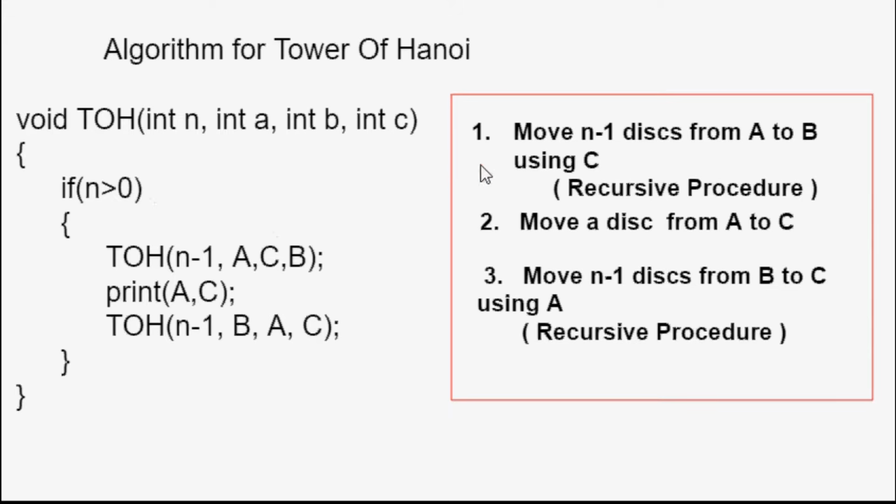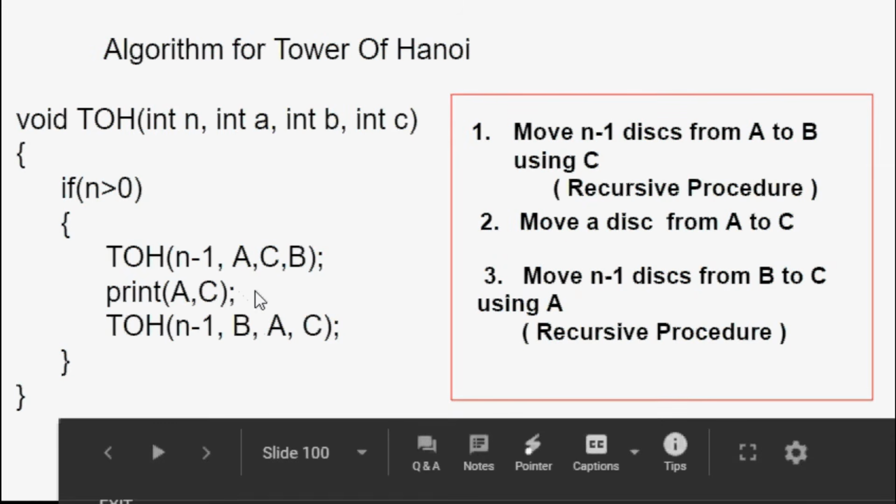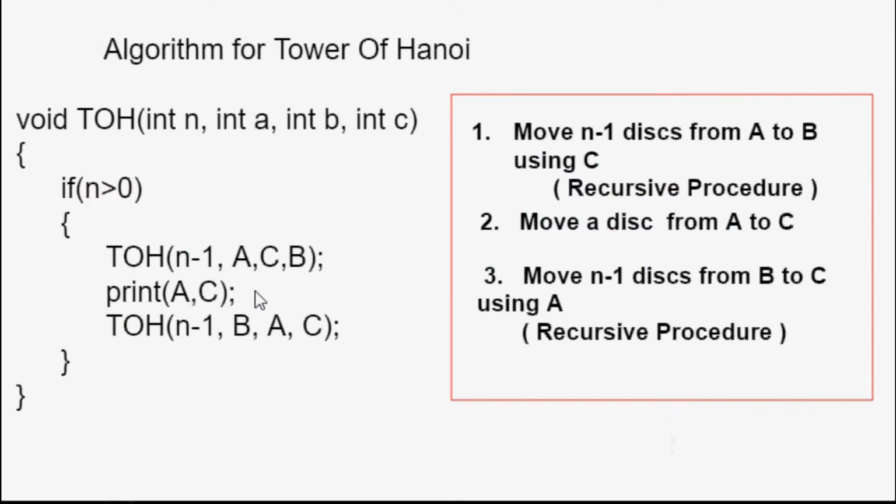Now just compare these steps with these 3 steps that we have written programmatically. The very first step was move n-1 from A to B using C. Here A is the source tower, C is the target tower and B is the intermediate tower. So whatever tower is acting as the intermediate, we are supposed to write down as the middle argument between the source and target. Here I am saying move n-1 disks from A to B using C.